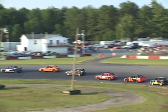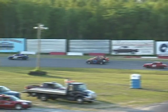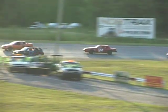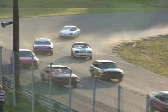The 84 of Randy Guerin, Timmy Gadway's 63, Wade Whitney's 24, Mike Whalen's 11, Eric Riel 02, the Grape Ape in the 21, Squarehead Jr. in the 06, Sean Delcourt in the 3. That's your field for this final qualifier for the Bombers, as April Bordeaux leads the way in the